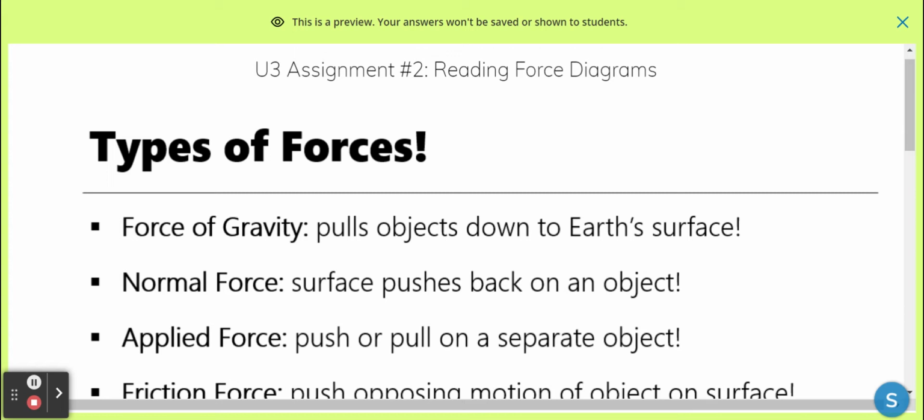So we use force diagrams to show all the different forces that are acting on an object, in what direction and in what magnitudes, like what strength, so that we can figure out how an object is going to move or change its motion. Okay, so as a reminder of some types of forces that we have,